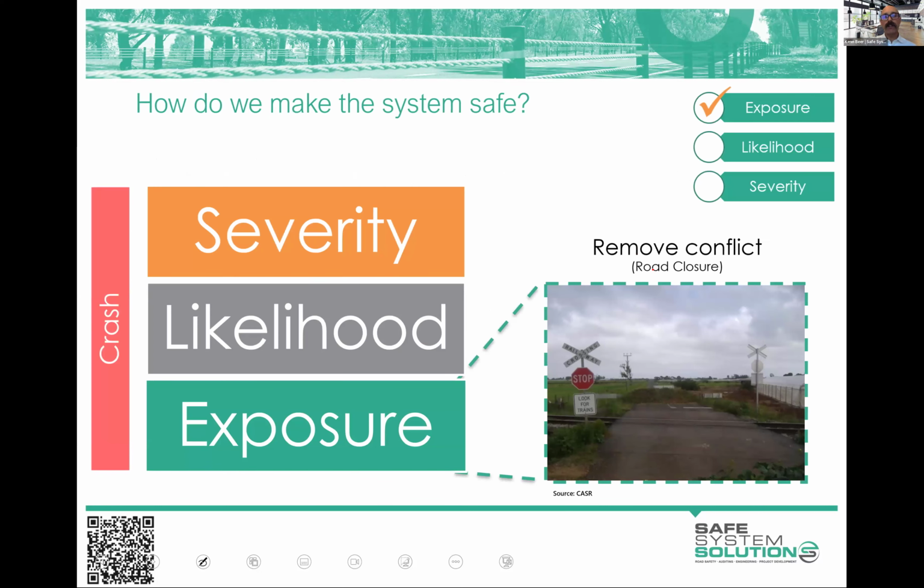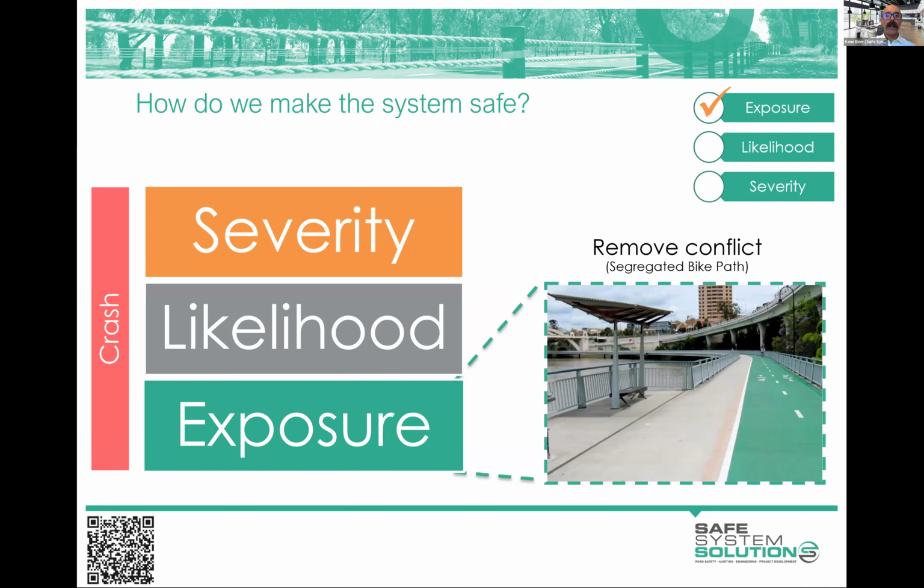And just to show you some infrastructure that alters these different things, exposure here, like they've blocked off this level crossing. They've closed the road essentially with a mound of dirt on that side and this side, but there is no exposure to crashes there. Nobody can enter that area of risk. Or a pedestrian could, but car, right? Likewise, if you can completely separate vulnerable road users from vehicles, there is no exposure to vehicle to vulnerable road user crashes there. There's no vulnerable road users mixing with the vehicles. Okay, you might have a cyclist to pedestrian thing to think through, but